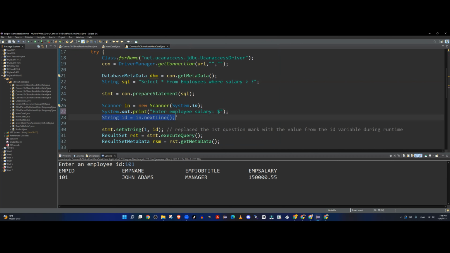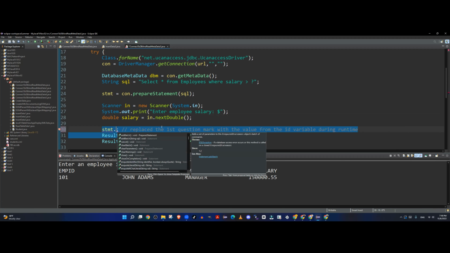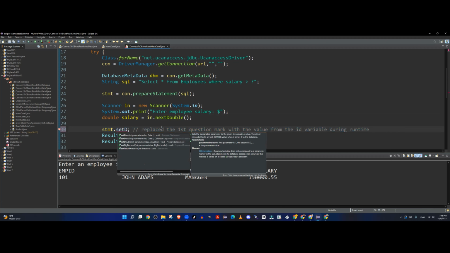And this will become double salary equals to in dot next double. Okay. So STMT dot set double